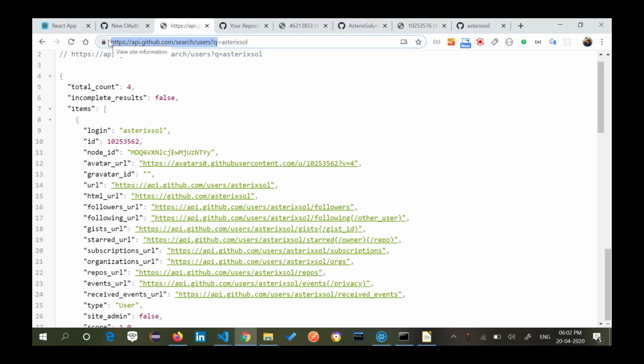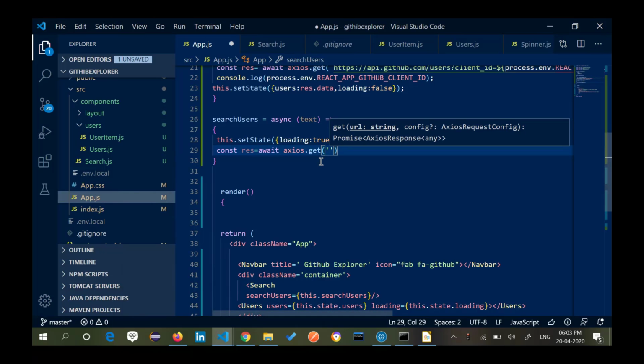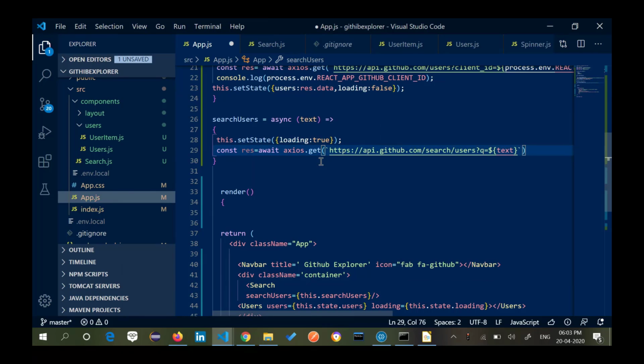I just need to take this URL, and in my backticks I'll put this question mark q equals the text we have passed. So this is getting passed.